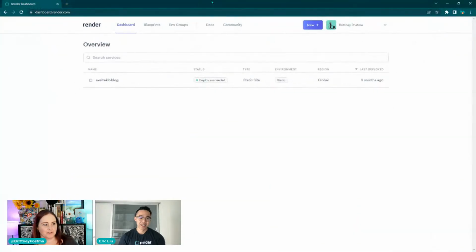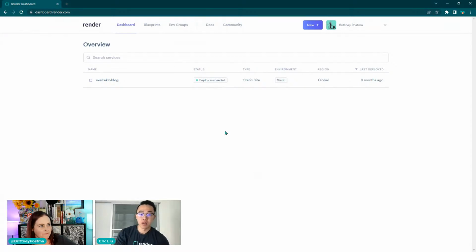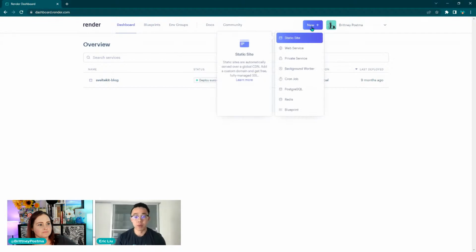the Render dashboard. Okay, perfect. Okay, nice. Cool. It looks like I have already done this one time. Awesome. Yeah, so I think that's the static site, which is totally cool. I think that we'll try to first deploy the web service. So if you go to the new dropdown and then click on web service,